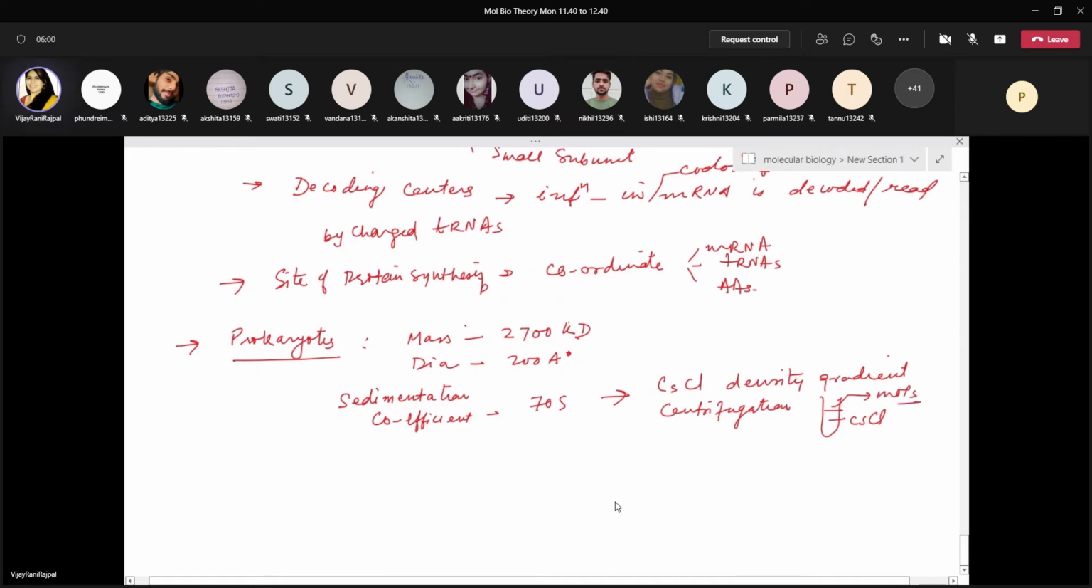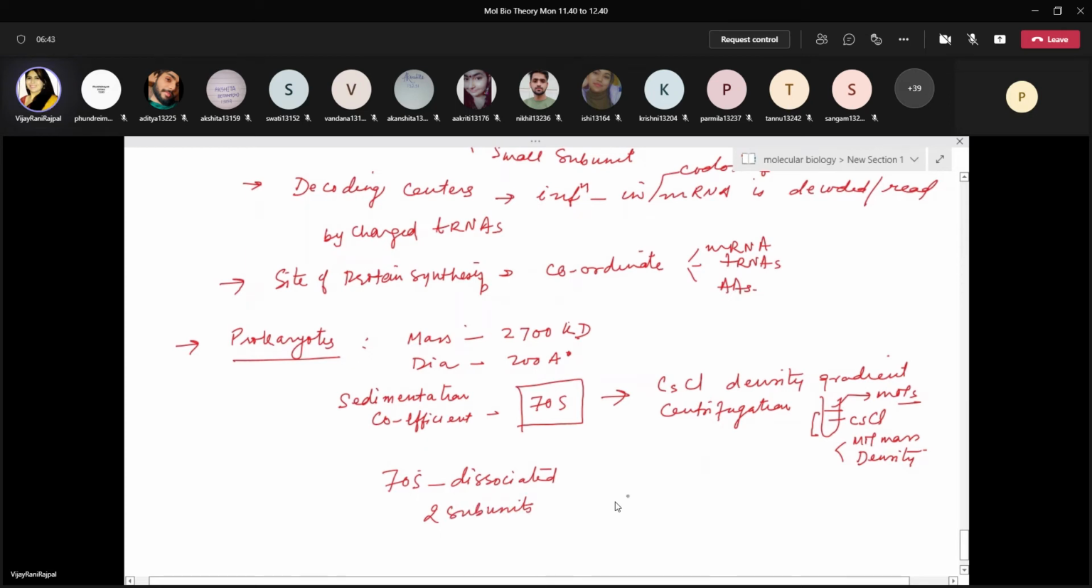So supposing you put ribosome to be separated here, then the separation in cesium chloride will be based on two things. Number one, molecular mass, and number two, density. So 70S is the sedimentation coefficient in cesium chloride density gradient centrifugation for prokaryotic ribosomes. Now, the 70S ribosome can be dissociated into two subunits,